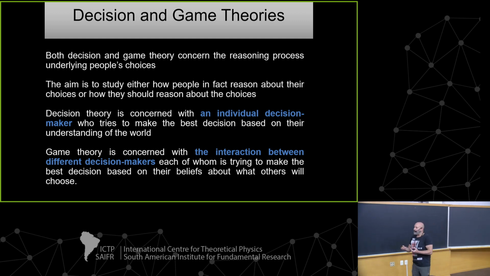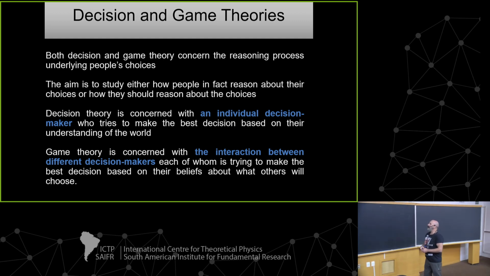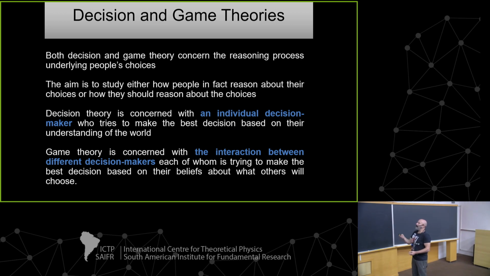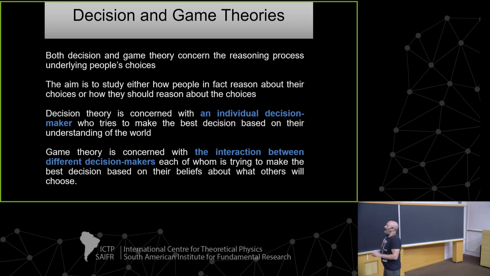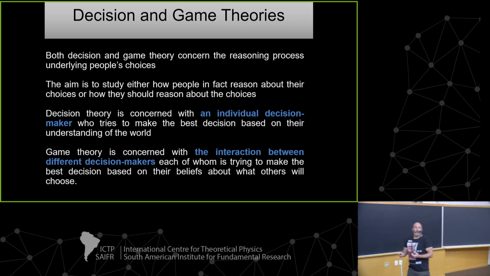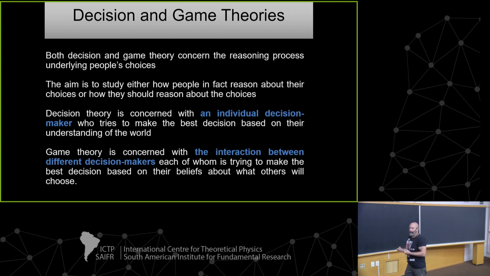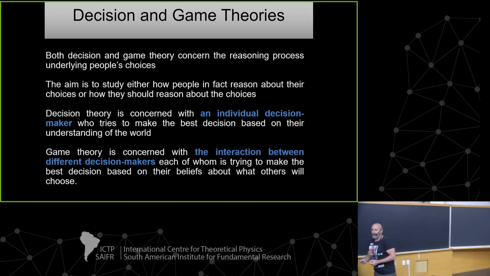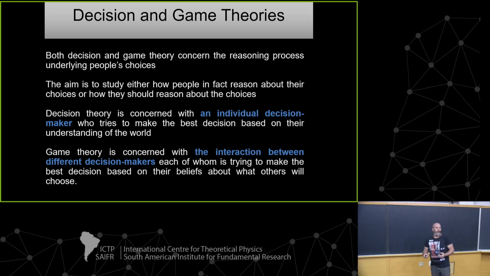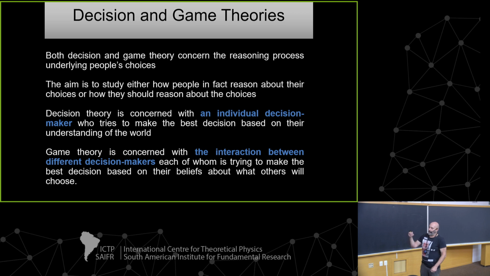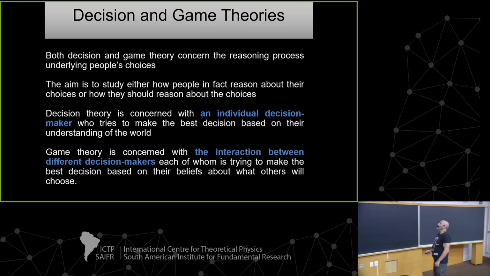So this is the main difference between decision theory and game theory. In decision theory, there is only one person. In game theory, there is a group of people. When I am talking about decision theory, we have an individual and his or her ideas. When we are talking about game theory, we have a group, and within this group there are several ideas and several behaviors. So each person needs to take into account the decision of the others for the final result. So let's